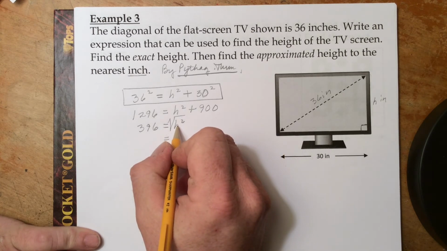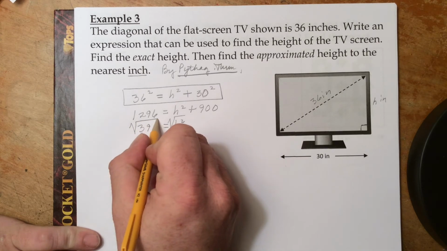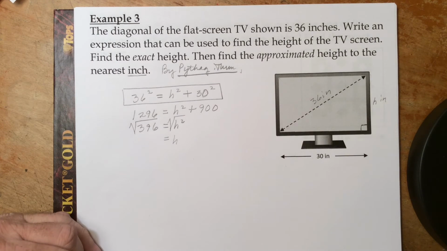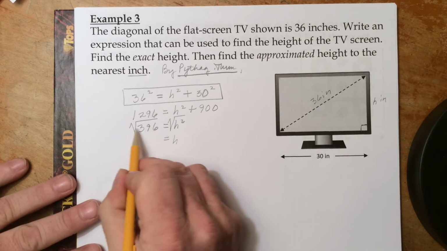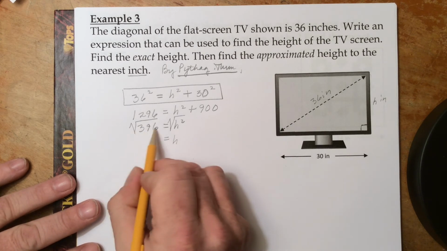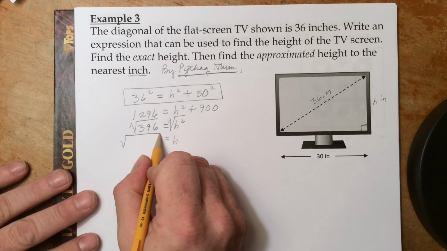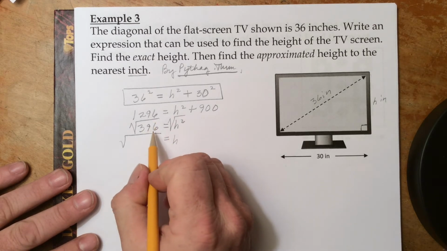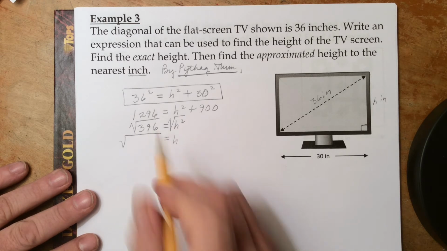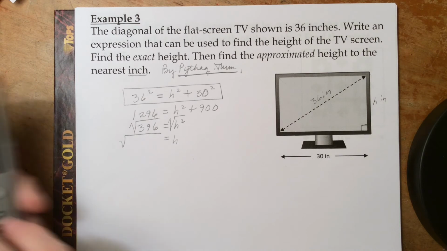But in an equation, whatever you do to one side, you must do the exact same thing to the other. So we come over here and we take the square root of 396. Now they wanted us to find the exact height, so we're going to have to deal with finding factors of 396 here. So the square root of, one way you can do this, as I've discussed before, when you're looking for a factor of a fairly large number to a very large number, you can use your graphing calculator, going to the y equal key,